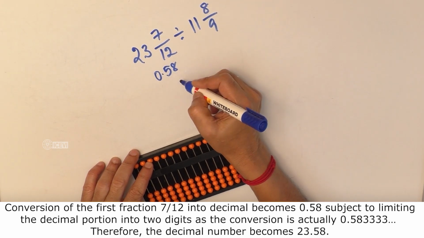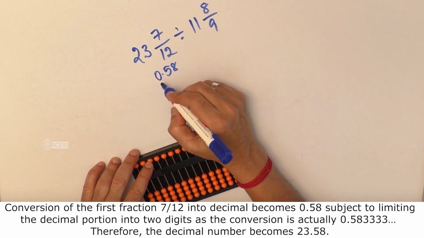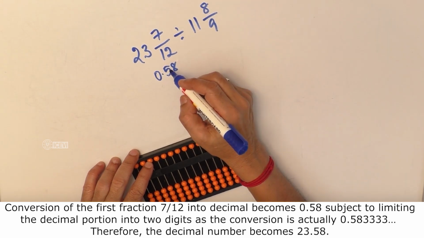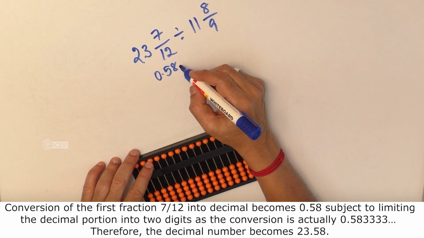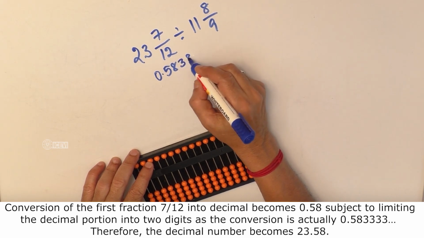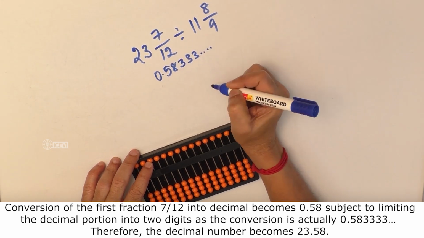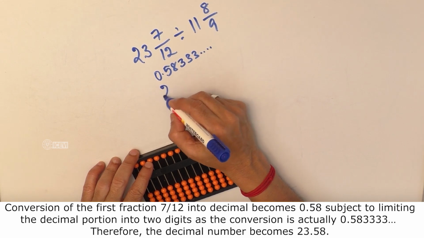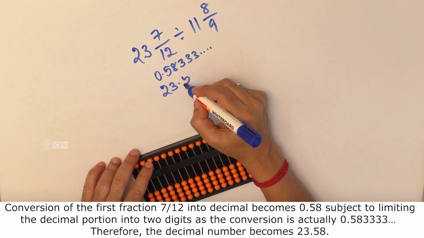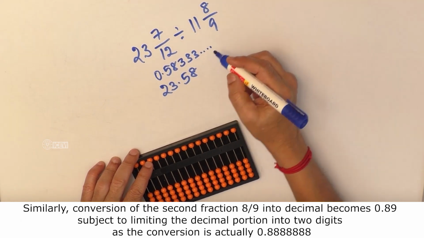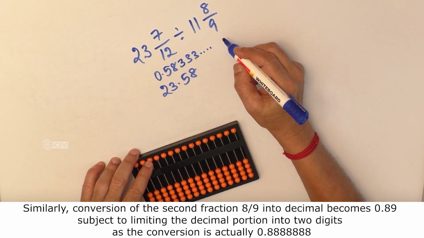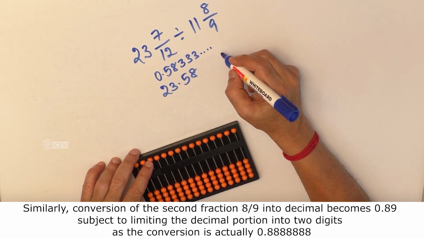0.58, subject to limiting the decimal portion to 2 digits, as the conversion is actually 0.58333, etc. Therefore, the decimal number becomes 23.58. Similarly, conversion of the second fraction 8/9 into decimal becomes